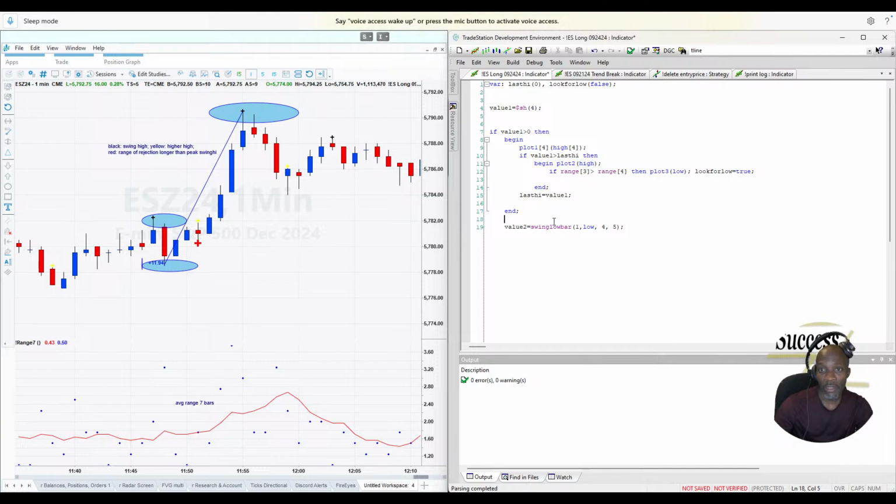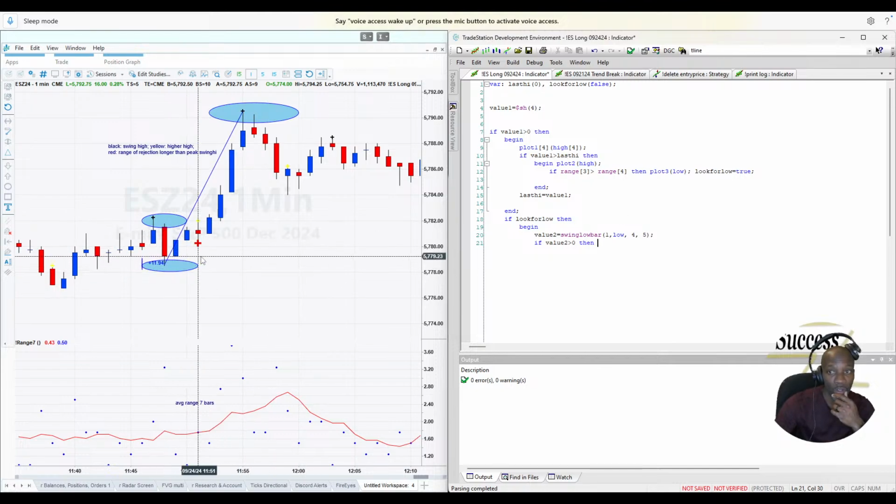Bring that out here. If look for low, then, once look for low is turned on, now on every bar we're going to be looking for this right here, for value 2 to be equal to swing low bar of 4 bars over a length of 5 bars. And then if value 2 is greater than 0, then what? Then we're gonna